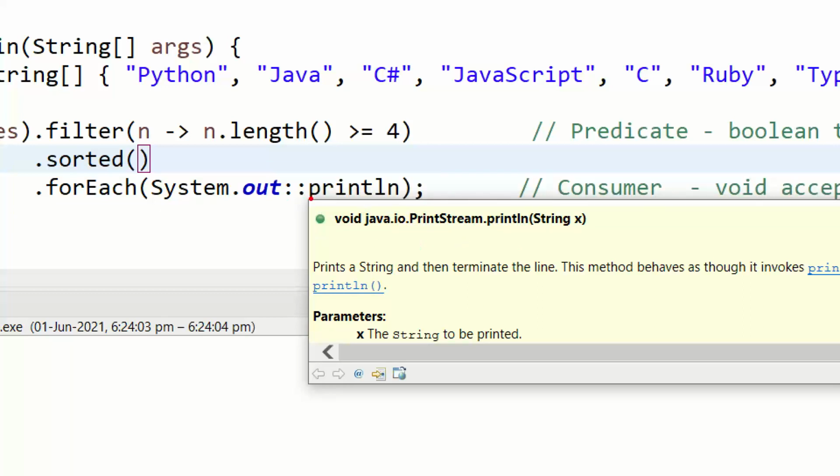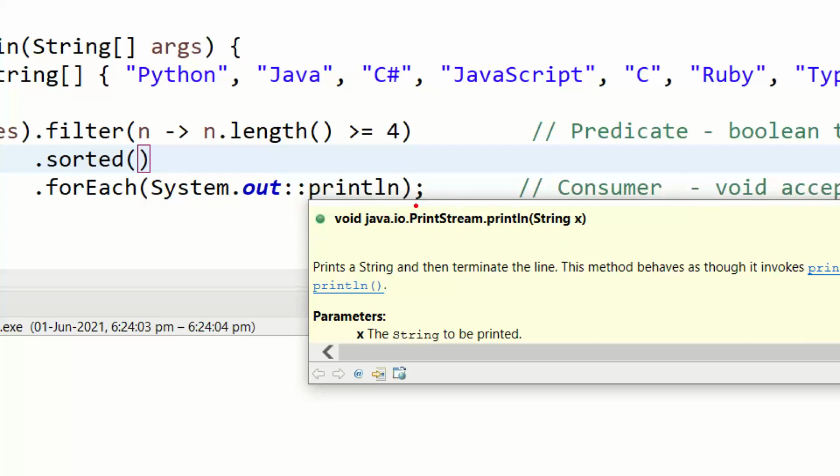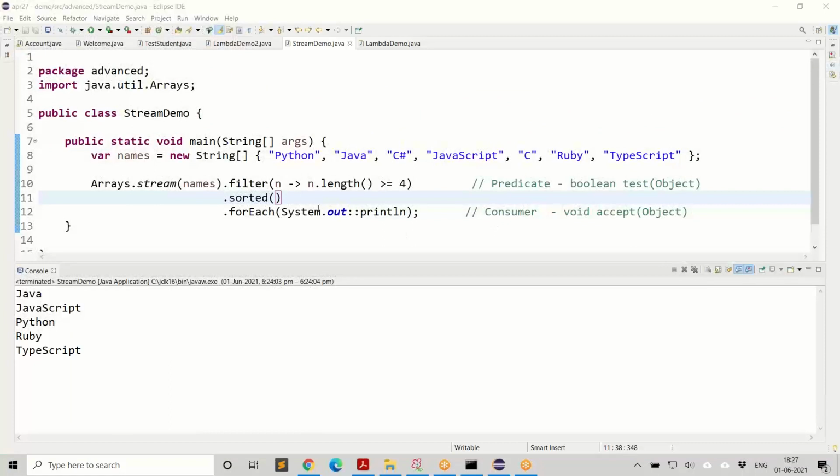That's the reason we can give this. Because the concept of method reference is to give a method which has the same signature as the method we have in this functional interface. So consumer is saying the method is accept. It takes a string, returns nothing. So println also is taking a string and returning nothing. So it is a match to that.